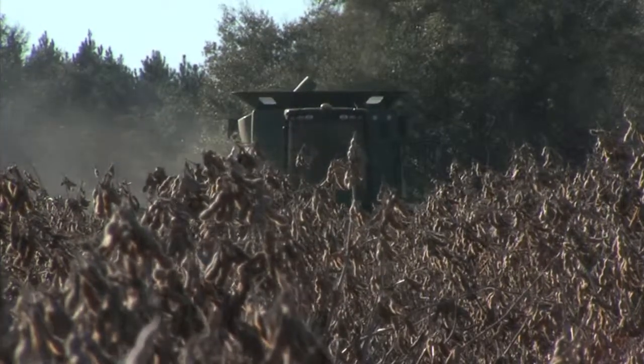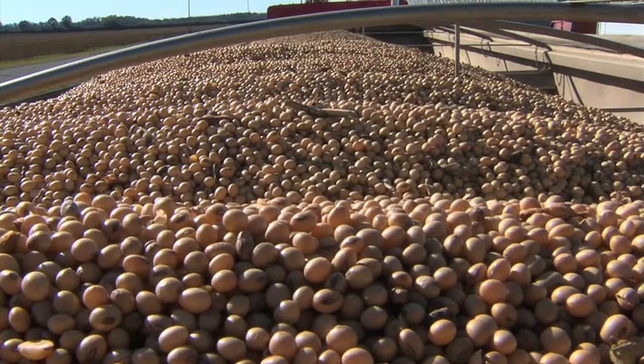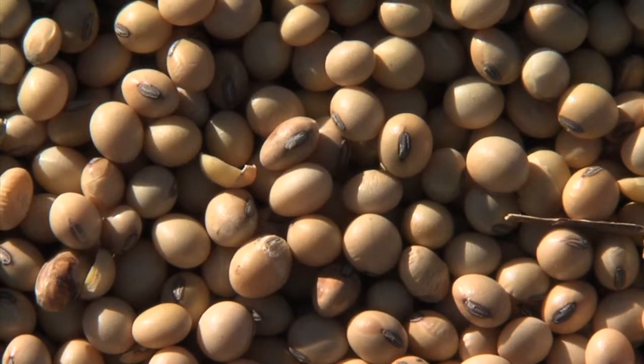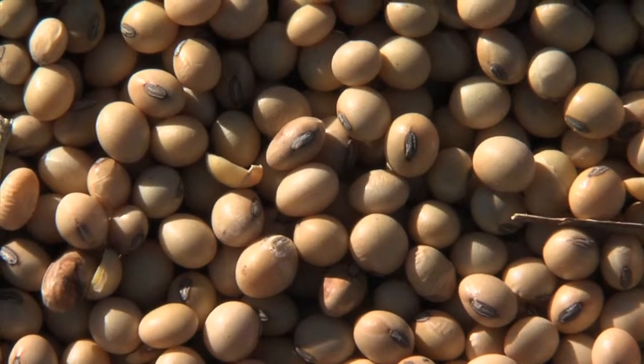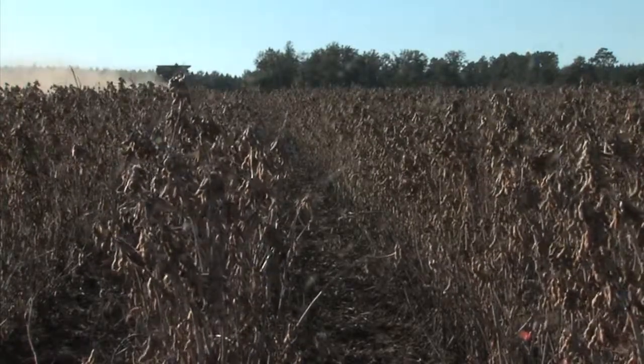Soybeans were first domesticated in China 7,000 years ago. After America was settled, they were brought here as a forage for livestock. Following World War II, additional uses were discovered, and it became clear that either more soybeans were needed or better